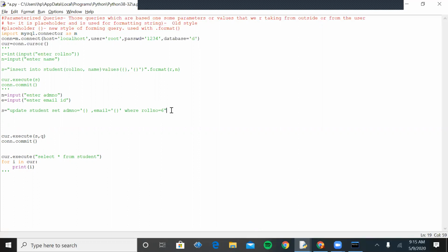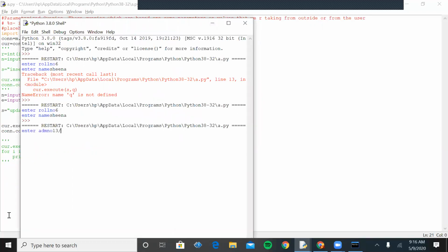Where I've enclosed in that format, you have to use it again. These are the variables where I have taken the value from the user. No need to specify two values, two parameters, because we have enclosed the entire thing in the single statement, in the single variable. Now let's see whether it is taking the value or not.